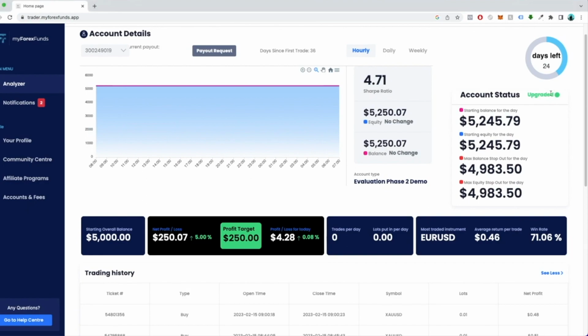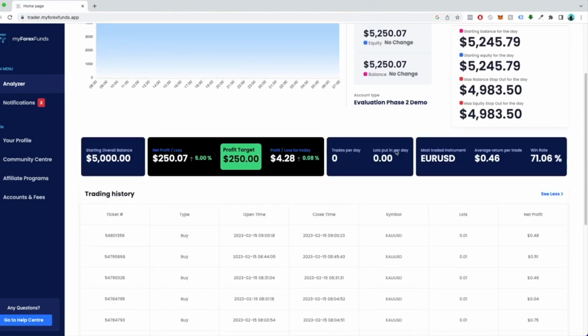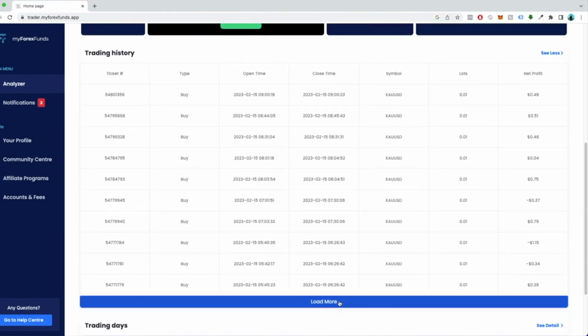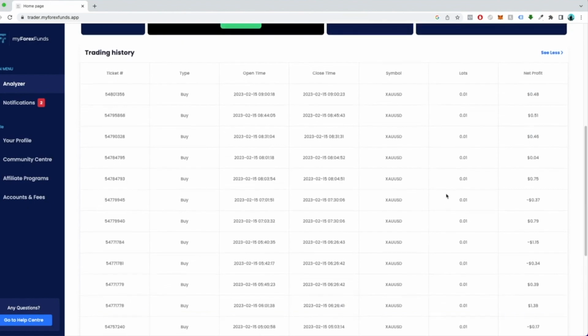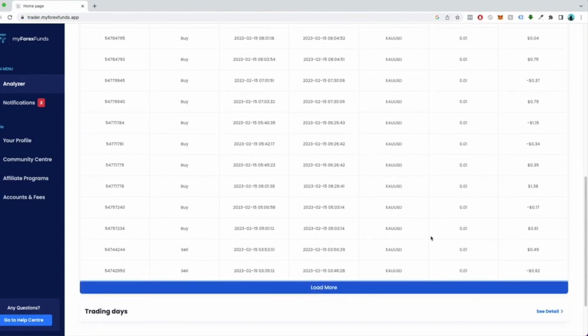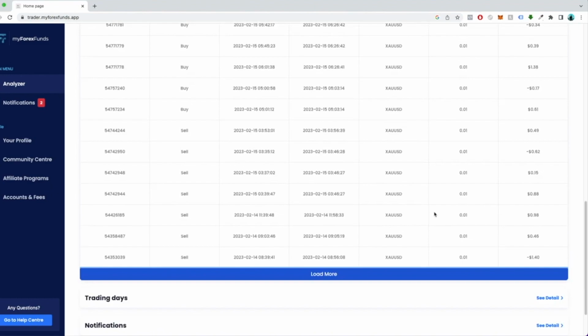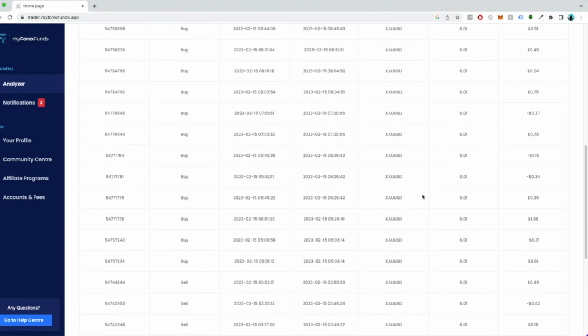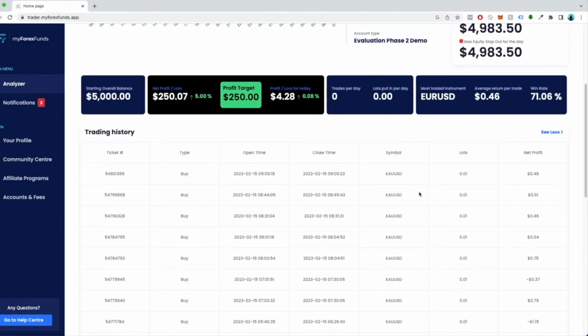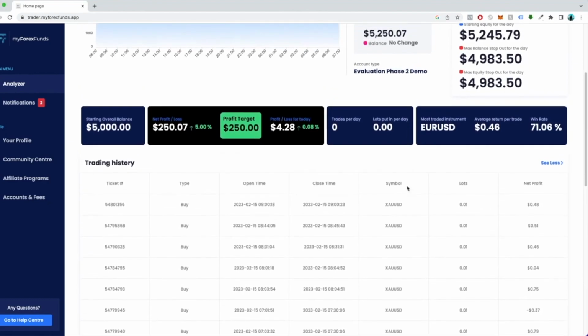This one you see back here is a 5k challenge passed with Rosaline. My philosophy is this: always start small, see if it works, and then to scale up there is always time. As you can see, the EA has opened positions only on gold, so there are many small positions throughout the day